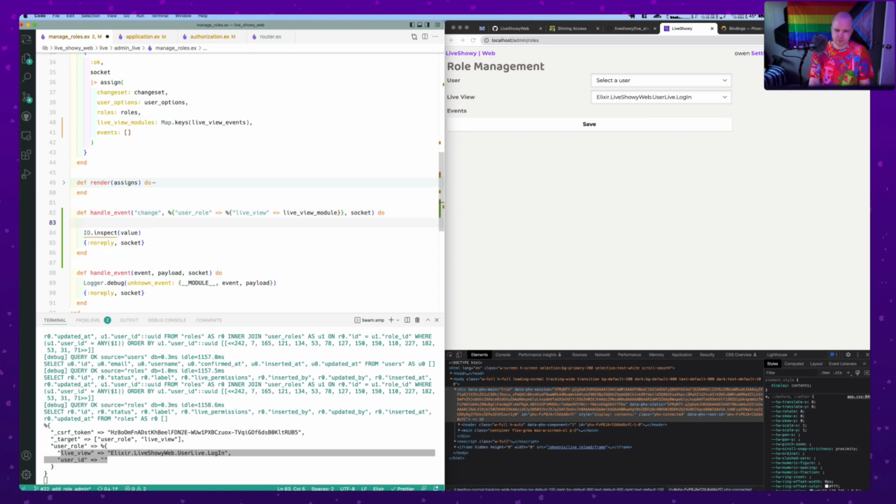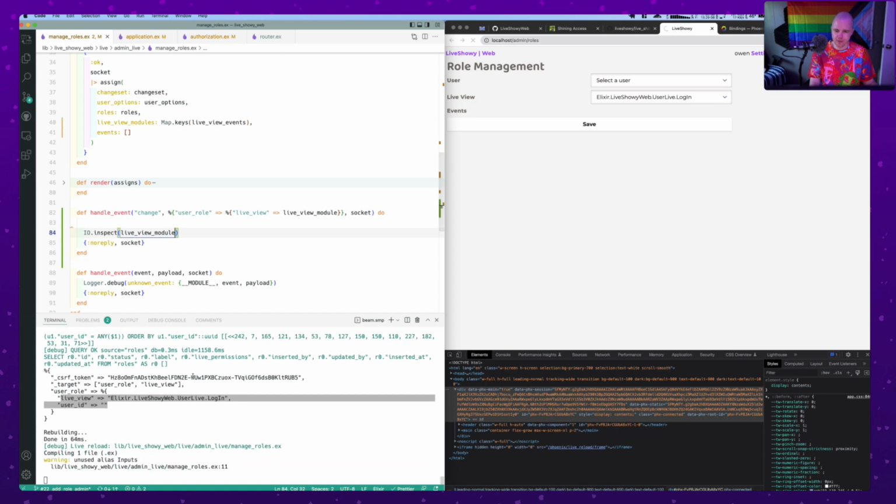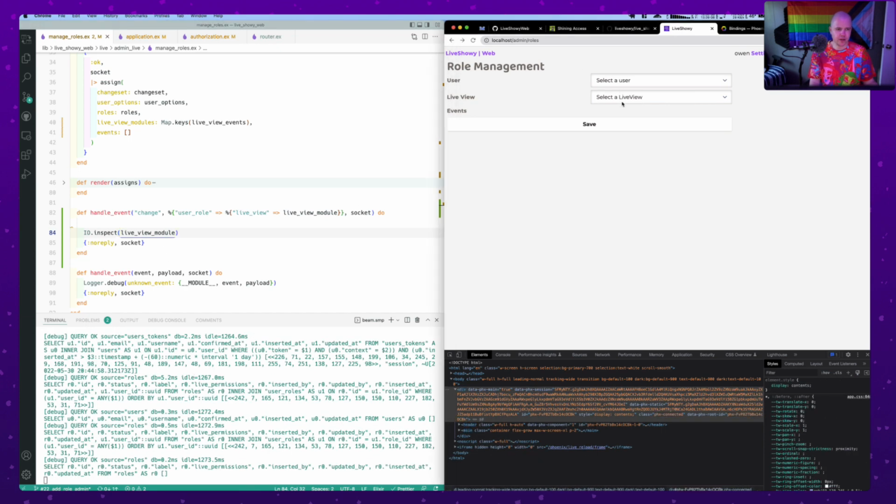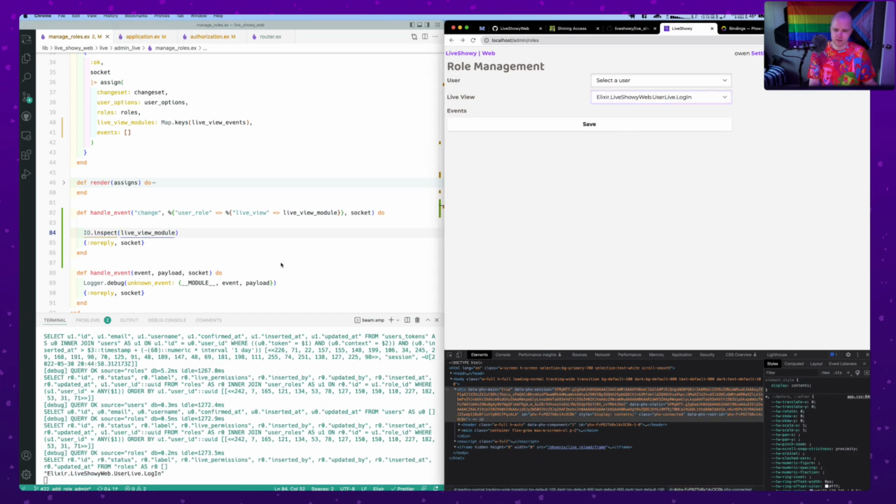So at this point, the LiveView module will be a string. So it actually needs to be converted to an atom. We'll talk about that. So if I tried to say get events on this, or get compiled events on that string, it's not gonna happen. So what I'm gonna do is